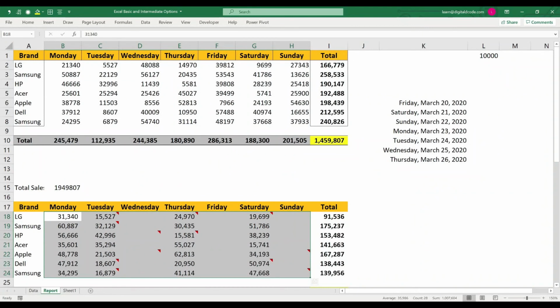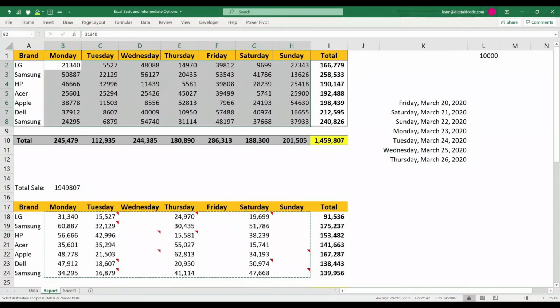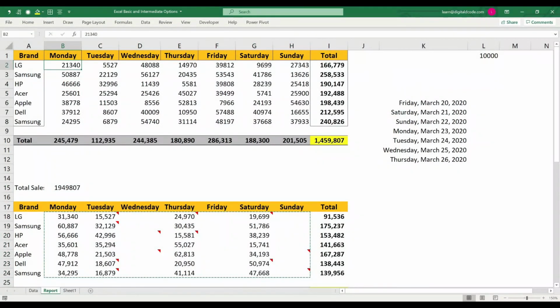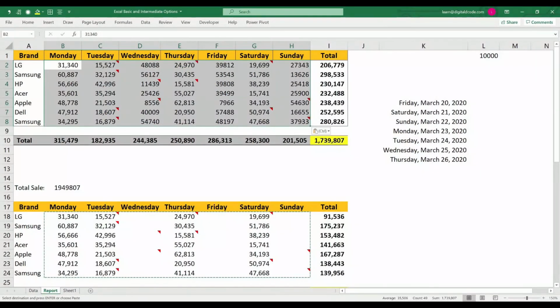Generally if you do Control C, Control V, it will replace the existing data, so we cannot do that. Here we can use skip blank. First select the data and copy, then go to the range cell, go to paste special, and here you can choose skip blanks and then OK. If you see here, the data has been pasted. Also the original data was not disturbed. Wednesday, Friday, Sunday, still it was there. So this is skip blank.